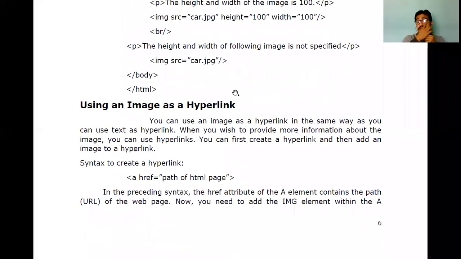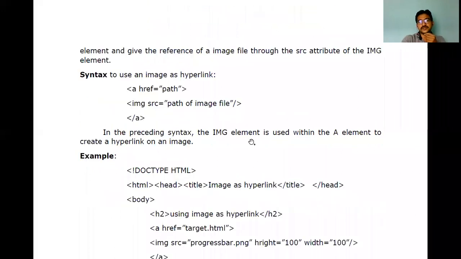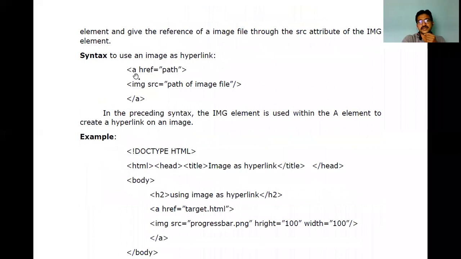The next topic, using an image as a hyperlink. How we can mention it: the anchor tag is there for creating hyperlinks. In between this anchor tag, add the image. That's all. For a hyperlink of text, between the starting and ending of the anchor tag, we place some text, and for that text automatically a hyperlink will be created. In the same fashion, instead of text, you can just add an image. That is more than enough. See the example. Here the anchor tag started over here, and in between the starting tag and ending tag, I'm just adding an image.